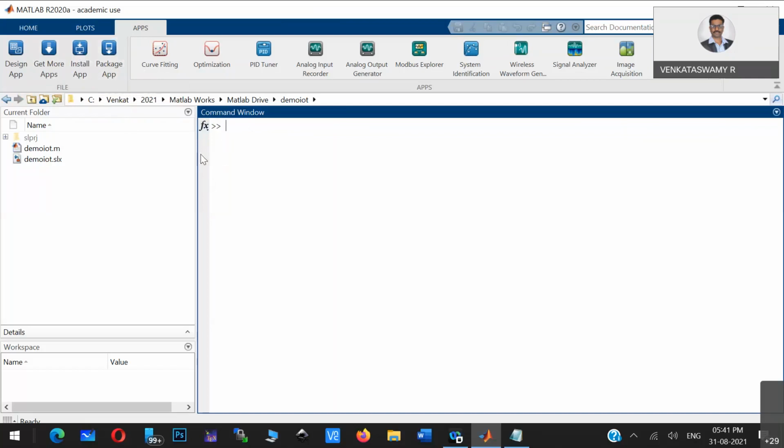Package apps means whatever applications you develop in MATLAB, it may be a script file, it may be Simulink, or it may be an app, you can package it to a standalone application, a web application, or a mobile application. All of that is possible using this option. It packs whatever supporting libraries are required and gives you the installable application.